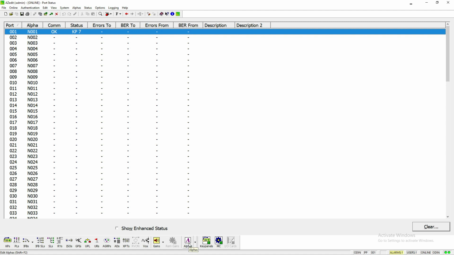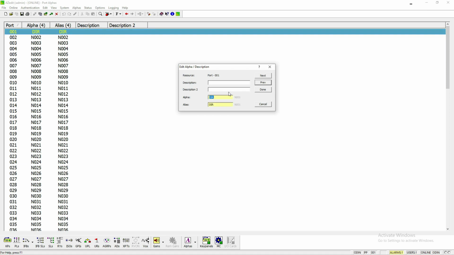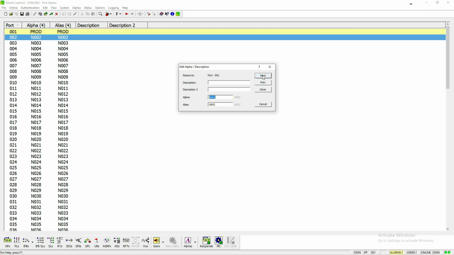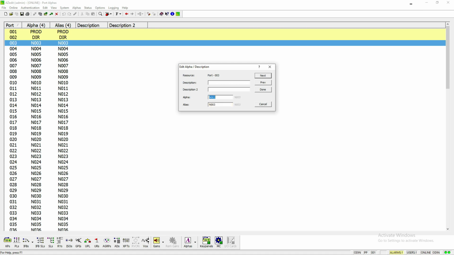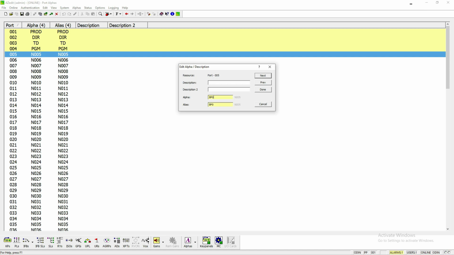I want to name these ports so that we can keep seeing them as things that make sense, because I deal better with names than stupid little serialized numbers. So I've clicked the Alphas tab, and I'm going to name this. We're going to name this Producer, and then we're going to click Next, Director, TD, Program, it's BP1,